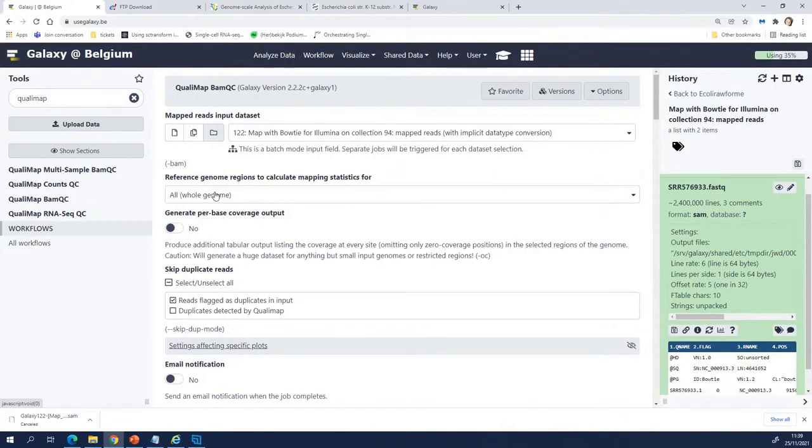Also for RNA-seq data, you can give it a GTF file with the annotated transcripts, because that's where you think that your reads will map to. Yeah? So